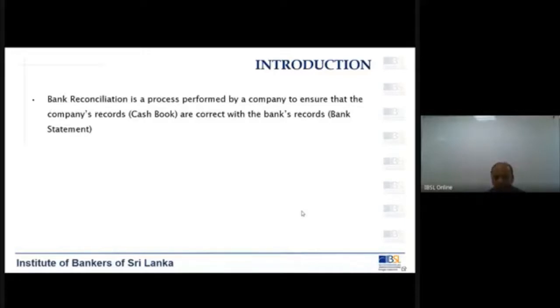But there can be various other transactions that may happen in the bank account. So it is very unlikely that the bank account which is maintained in the cash book and the record maintained by the bank are supposed to be the same and equal every time. Okay, it is very unlikely. There can be possibilities, unless you don't have any transactions, these two can match, but most of the time there will be a difference. So why do we prepare a bank reconciliation?